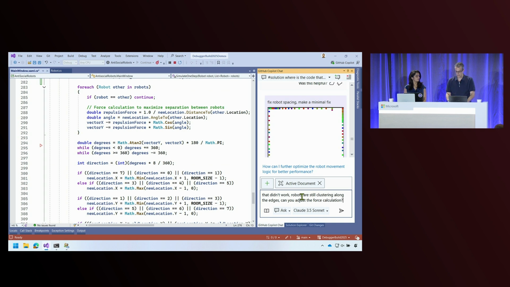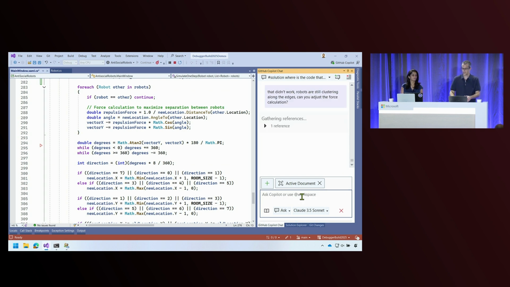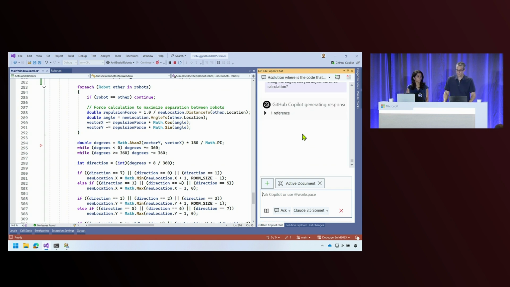I'm just telling the model, giving it a hint to adjust the force calculation, and hoping that it will actually give me the right fix for this case.